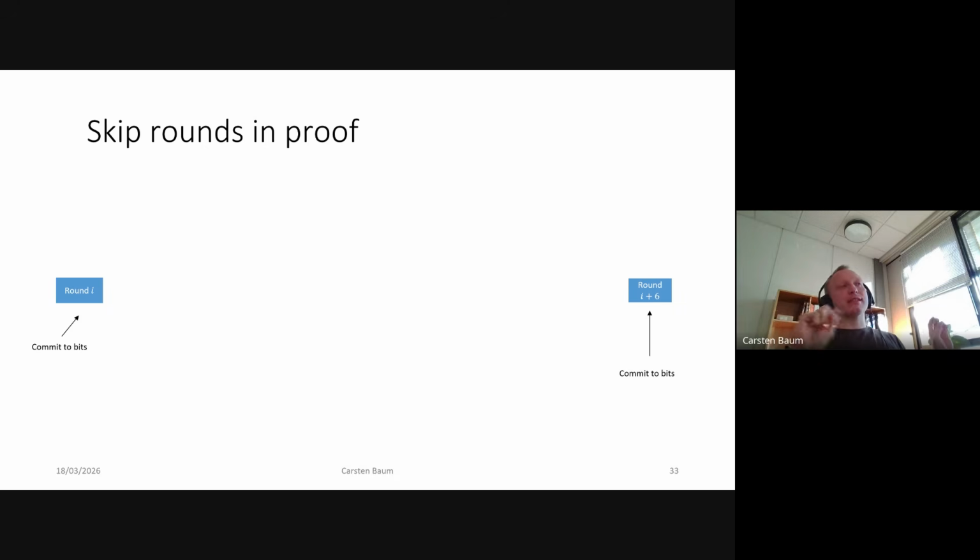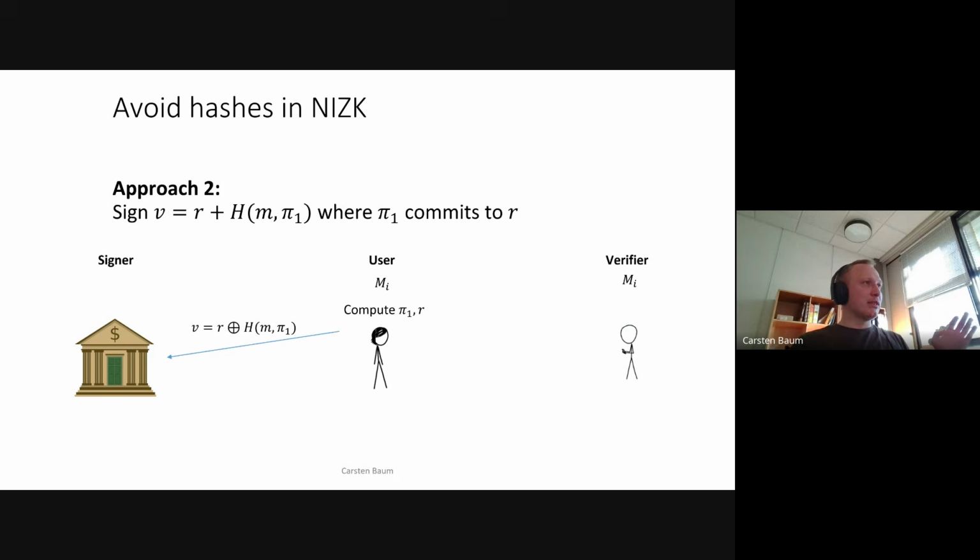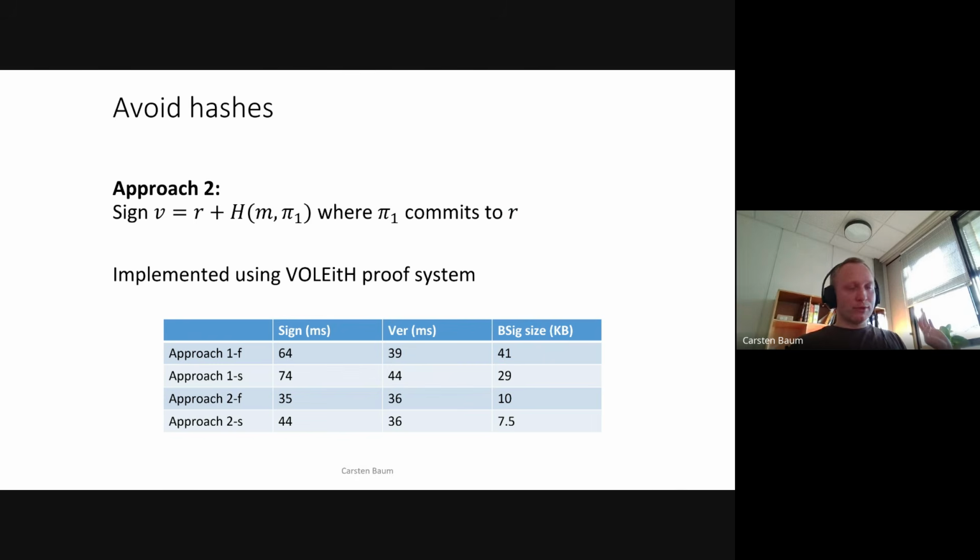And then with some playing around with how you build a circuit specifically for SHAKE, we were able to, instead of having to commit to all 24 rounds of evaluating SHAKE, only commit to 4 of the intermediate rounds. And then we use these tricks of being able to multiply efficiently and reduce the degree later. Let's not care about how this works. There's also a second way of doing it, and I don't have time for this. However, let's get to numbers.